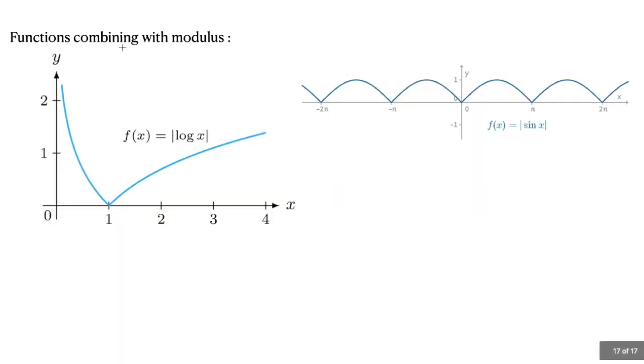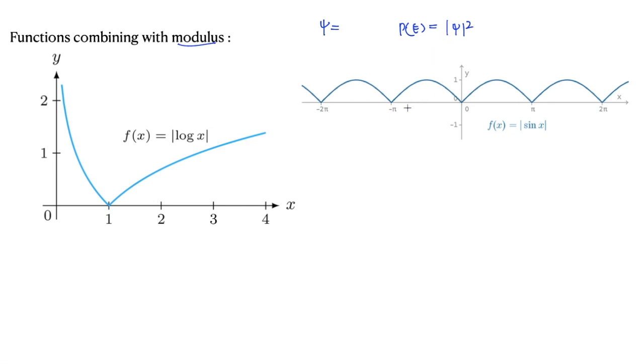The last is when you combine functions with a modulus function. It's a very important type of combination which is usually seen in quantum mechanics, because whenever you have a wave function and it is asked to find the probability density of that particular wave function, you just take the modulus square of that, right? So in that case, you need to find out what is going to be the mod function of any